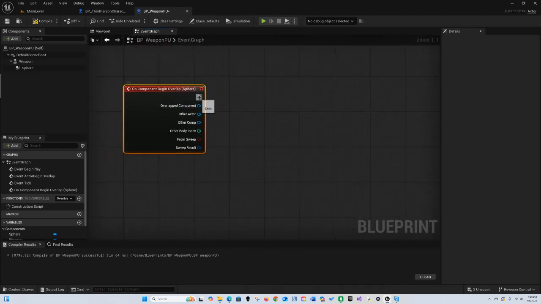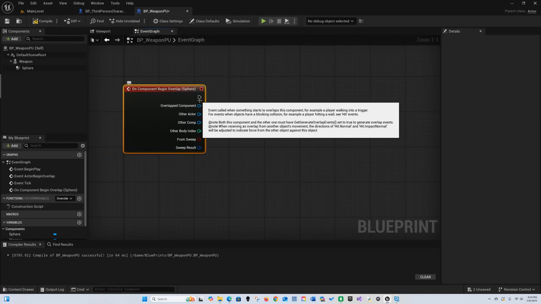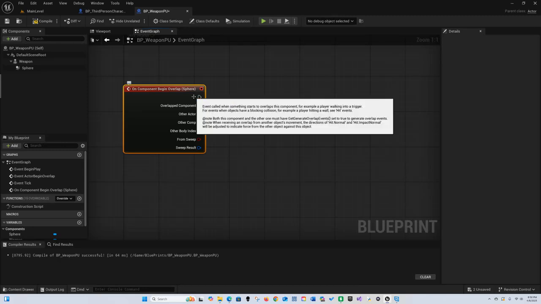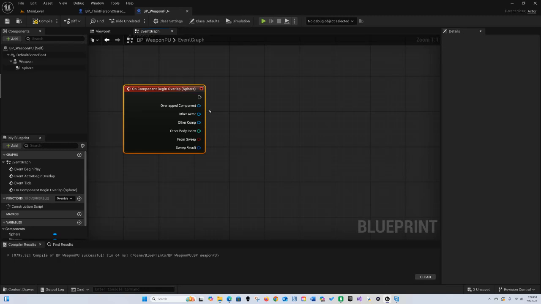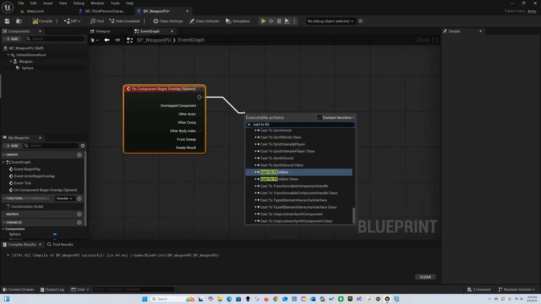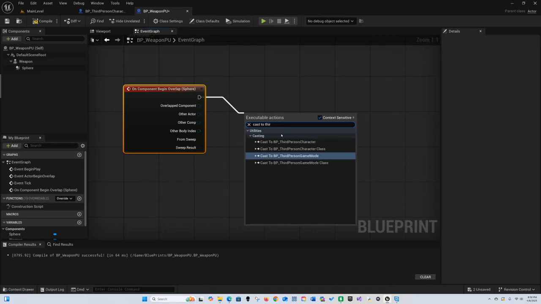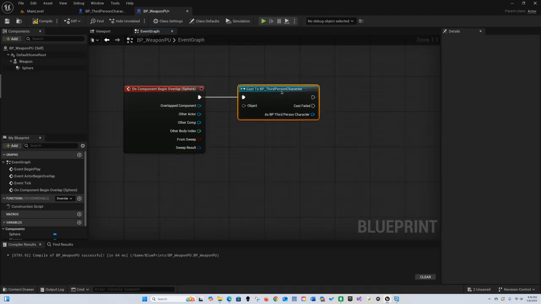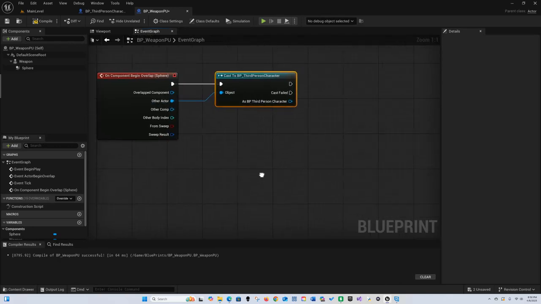First, I want to call on, because I'm using this blueprint, which is a weapon, and I need to tell the BP third person blueprint to turn something off, that it's there. Or I don't know how it really works, but we're going to turn off the visibility of the weapon. So let's go ahead and cast to third person character. The object is other actor. Okay. Then